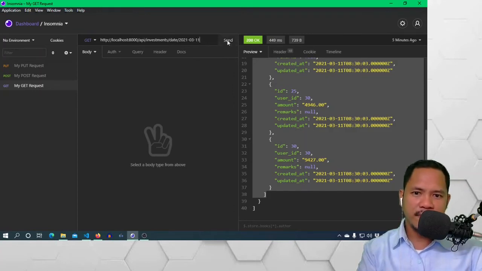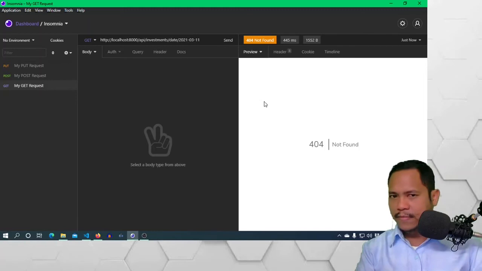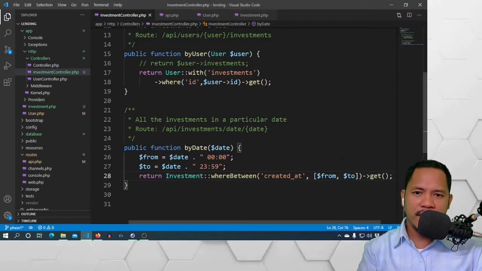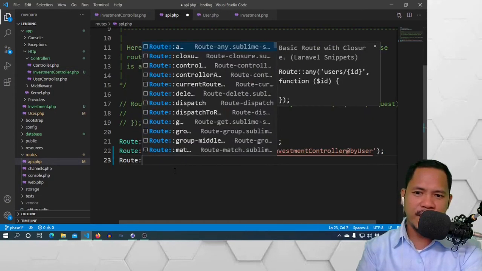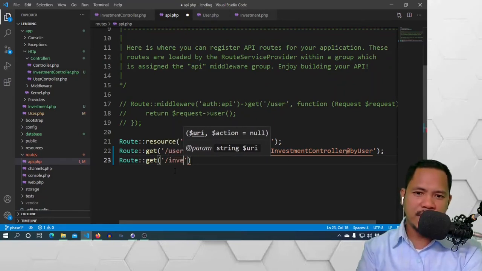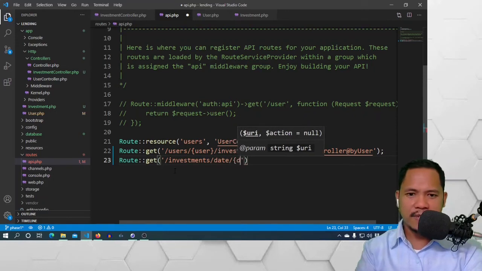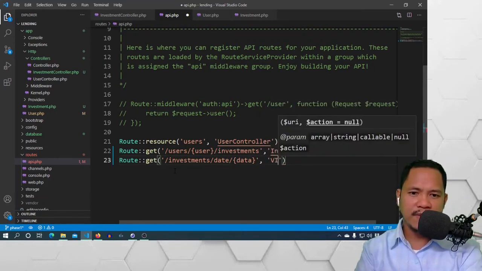2021-03-11, and click on send, and we have an error. It's not found. API investments date. Let's check back with our routes. We don't have an API for that yet, that's why. So we add a route: get, then /investments/date/ and the date parameter, followed by the investment